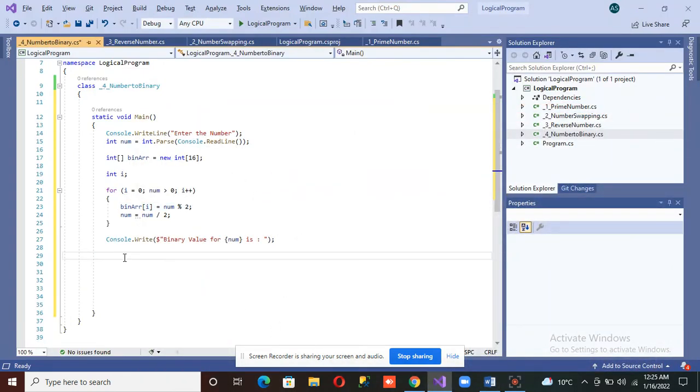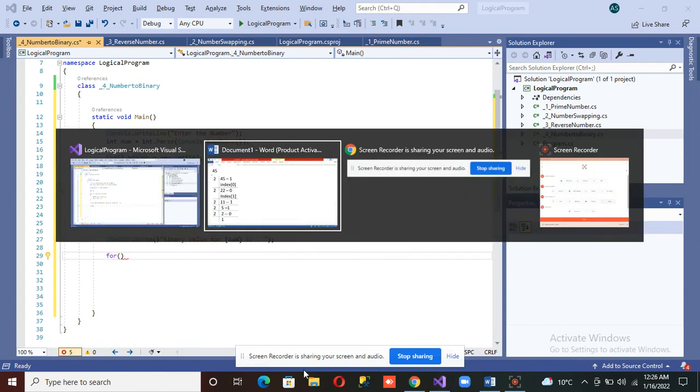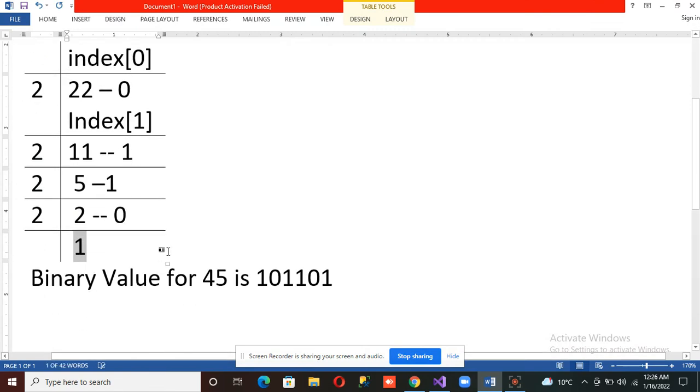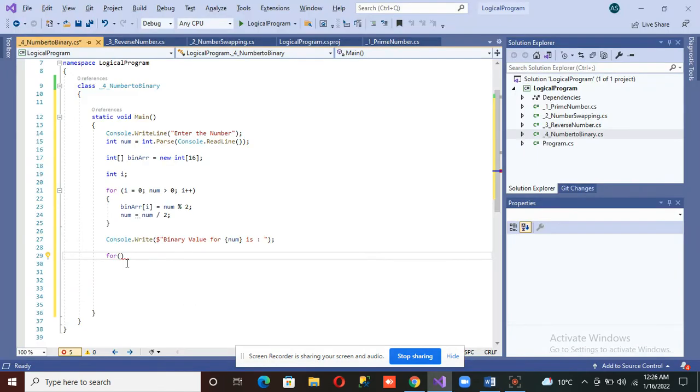Now we need to print. How can we print it? As I told you, we are going to print from the bottom. So we will set I equal to I minus 1, so we find the last value.